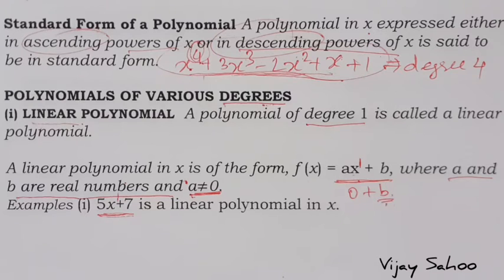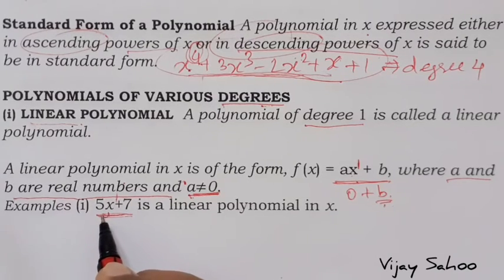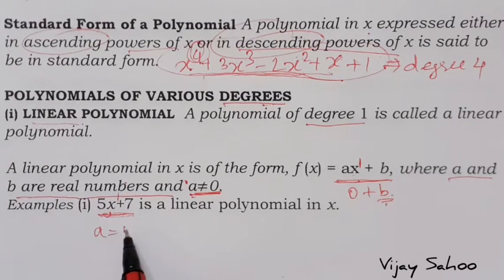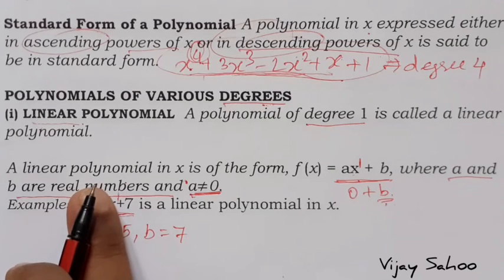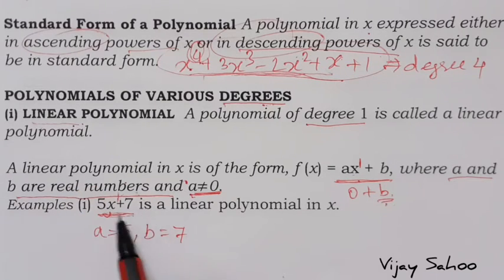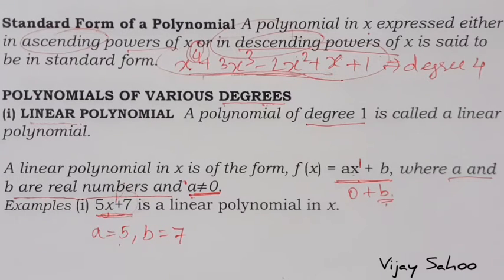Now if I ask what is the value of A and what is the value of B in this equation, the term which is associated with x will be considered as A. So A is plus 5 and the remaining term will be considered as B. If A is 0 here, then x won't be here in this case. If x is not there, then only a number will be there. At that time we know that a number itself is said to be a constant number. So in a linear polynomial, degree should be 1 and A should not be equal to 0.